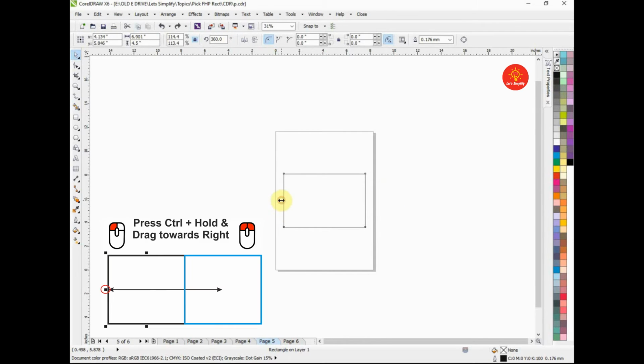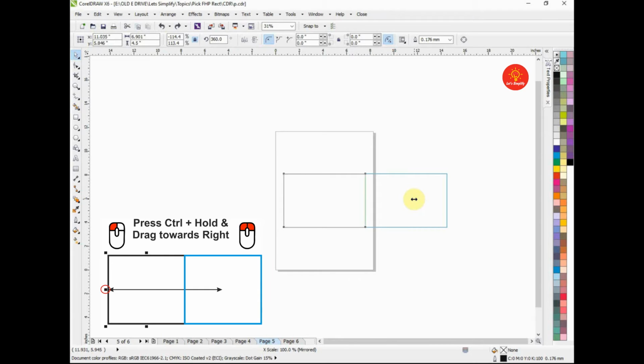We will hold the left side handle and drag towards the right side. But before right clicking, we will press the Ctrl key. Now we can see the duplicate box in the blue outline has the same size as the original one. If we release the Ctrl key, then the size changes.